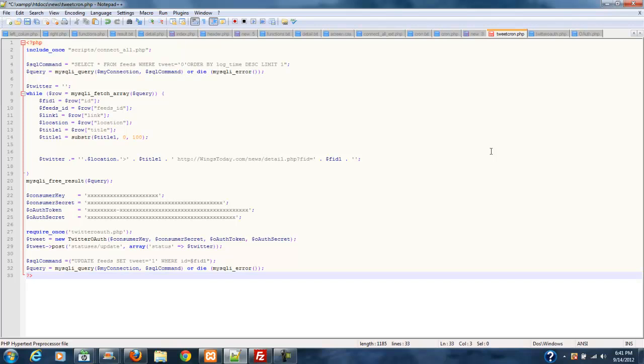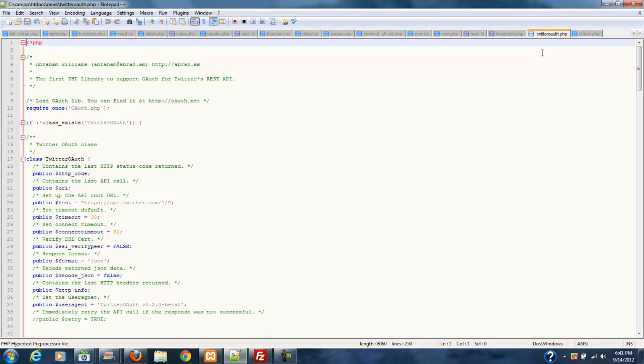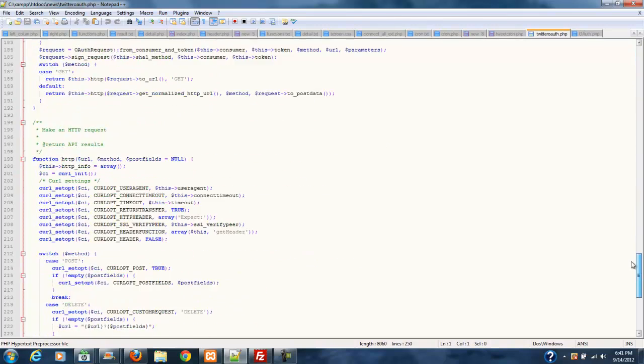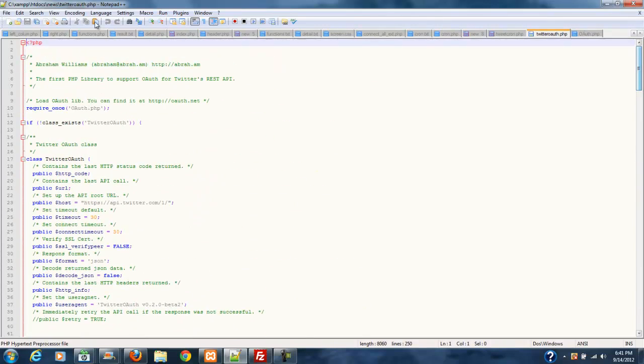There are 3 scripts that are involved here, 2 of which I did not write and I do not understand and do not care to understand. And I'll explain these to you real quick like. This is a class and it's called twitteroauth.php. Essentially this is a whole bunch of code written by this guy here, Abraham Williams, and this may